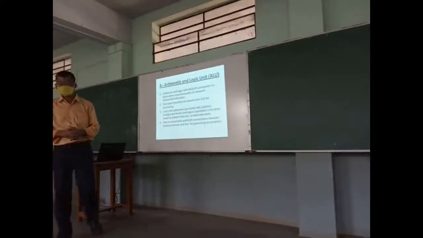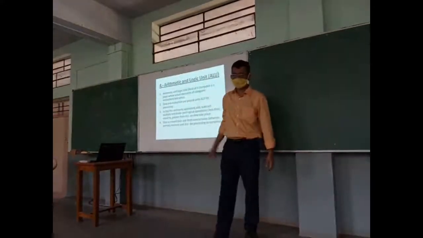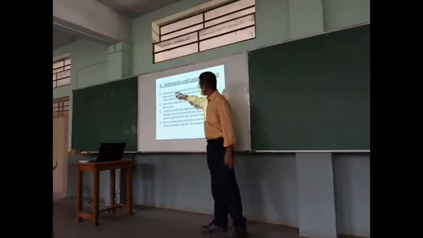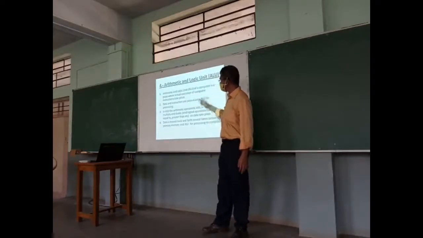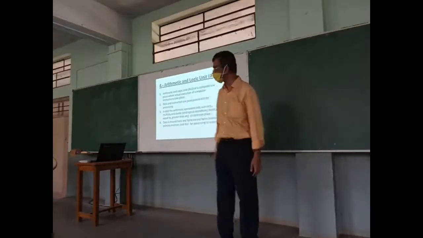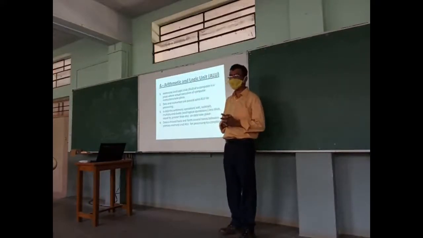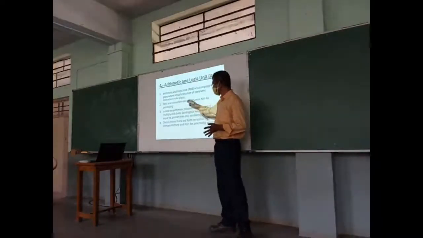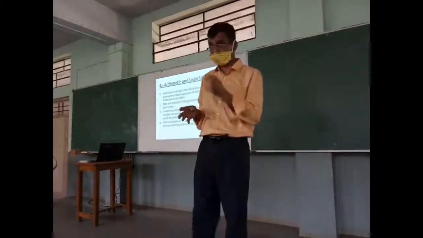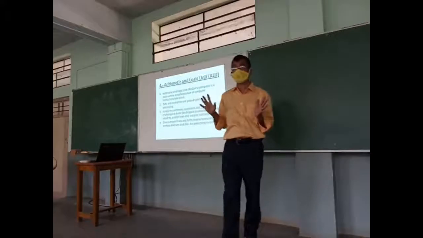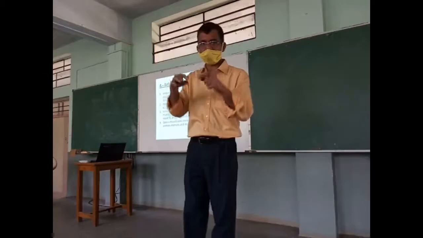Arithmetic and logic unit. As the name suggests, they carry out arithmetic and logic operations. Okay. So the arithmetic and logic unit of a computer is where actual execution of the computer instructions takes place. So that is a place where arithmetic operations and logical operations are performed. Data and instructions are passed on to the ALU for processing. Whether to carry out addition or subtraction or multiplication, that should be made clear through the instruction. Computer will not understand anything. Okay, everything should be supplied to it and it should be told what to do.